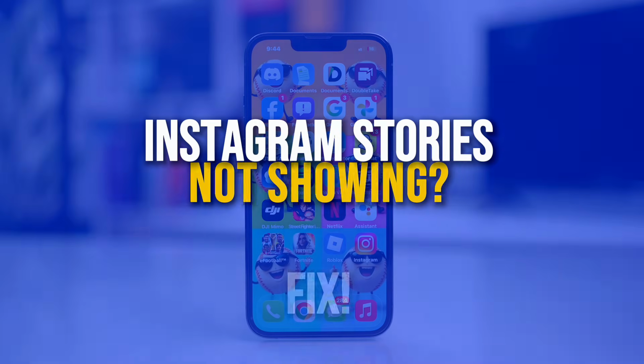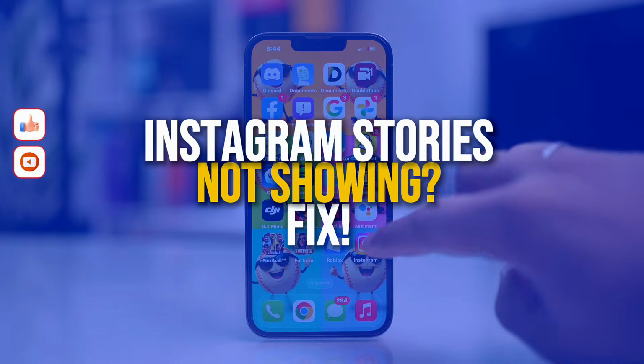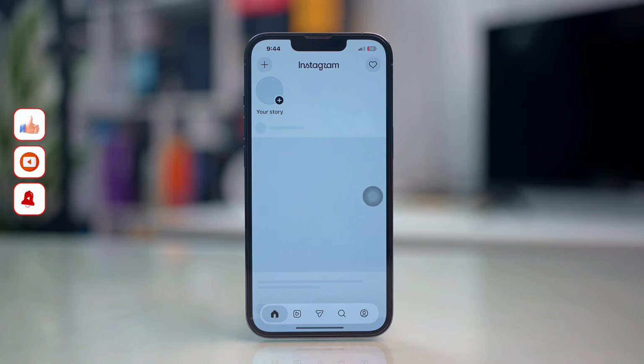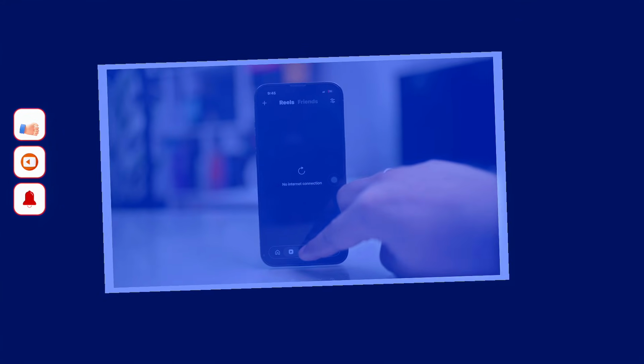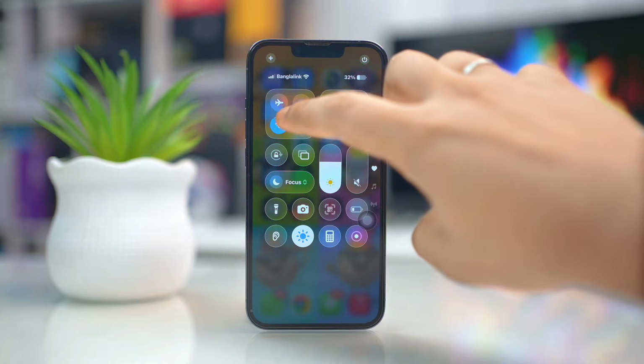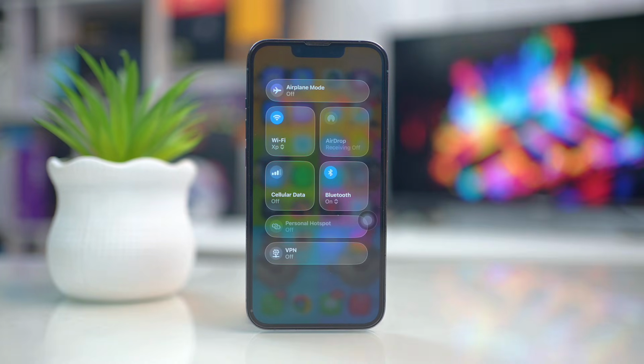Are your Instagram stories not showing on your iPhone? No worries. In this video, I'll show you how to solve this stories not showing problem. So let's solve it. Before we start, make sure you have a strong internet connection, then try switching between Wi-Fi